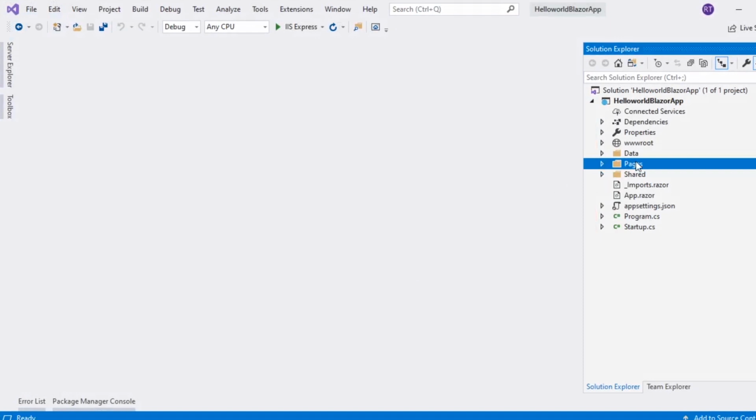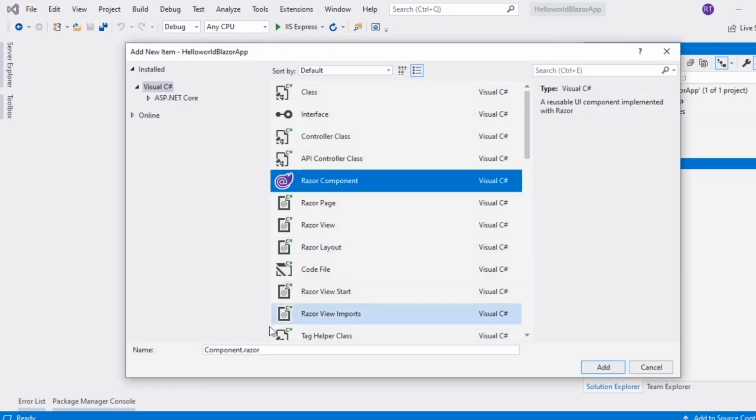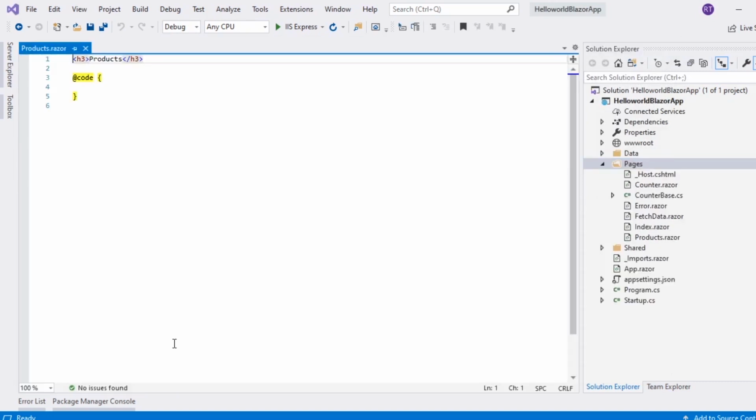In order to work with models, first I'll go ahead and create one Razor component. To create one Razor component, I'll select New and then search for Razor, then name that products. So products.razor should generate as a products Razor component inside the Pages folder of the application. Once we have that, I'll give a page directive, /products, so that we can access this using the URL.